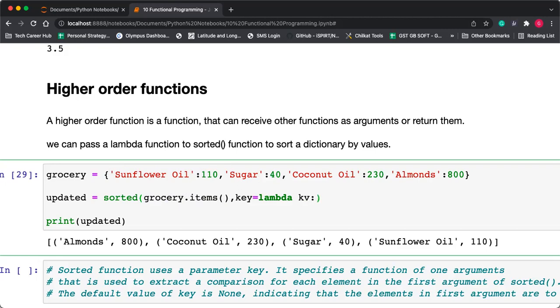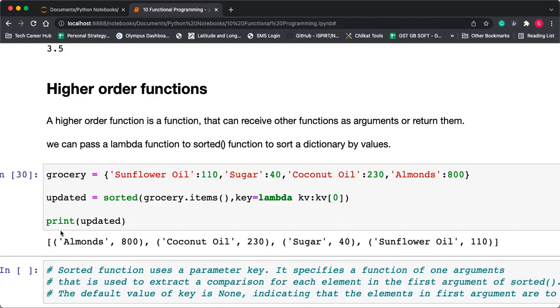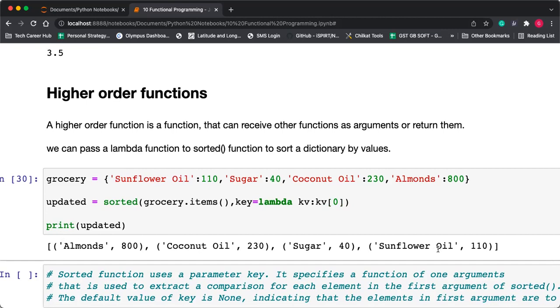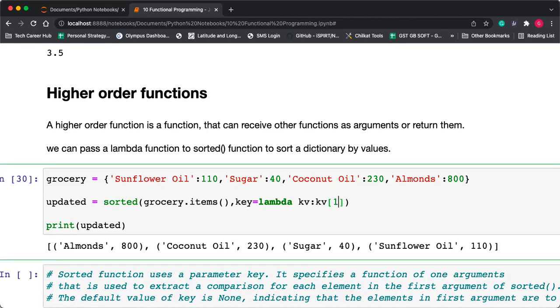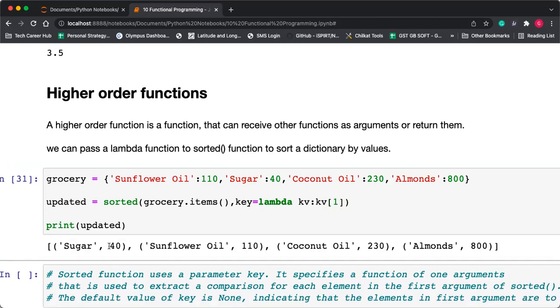But out of this kv, which item do I want to consider for sorting, the first value or the second? The first value I get with index 0. Using that, I get the same output: almonds, coconut oil, sugar, sunflower, because by default None also considers the first value. But if you change this, it will now sort by the values.